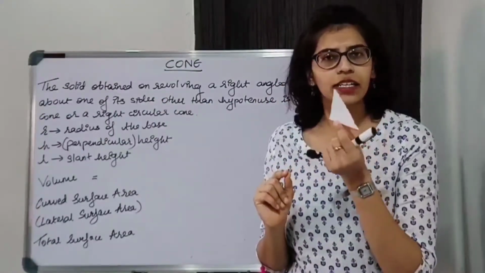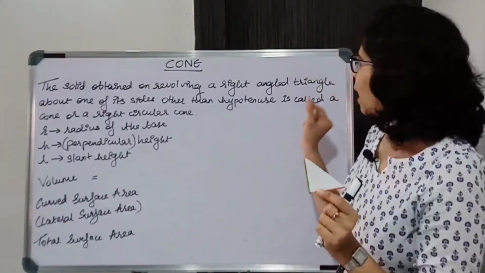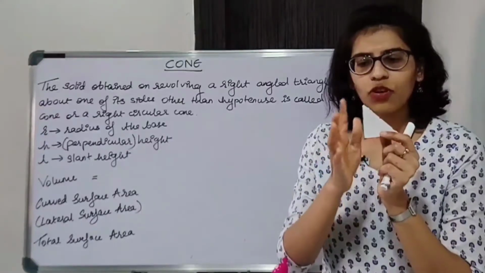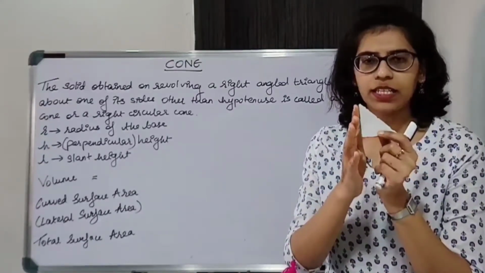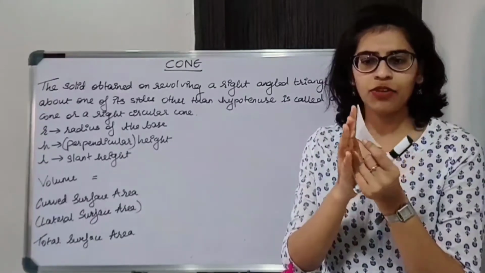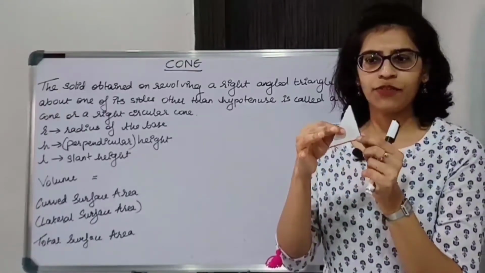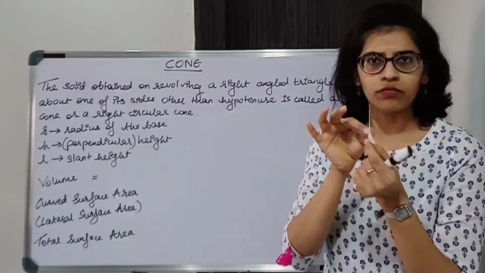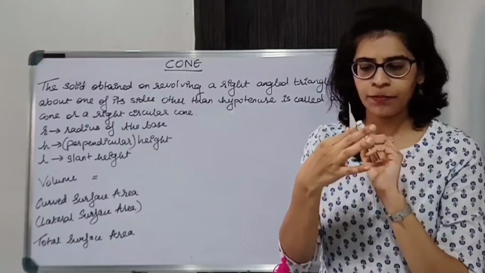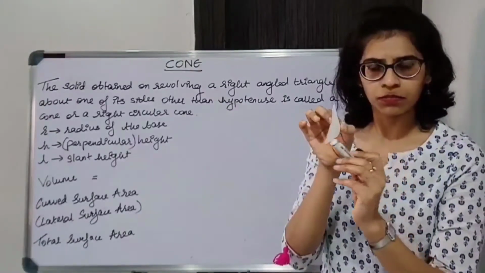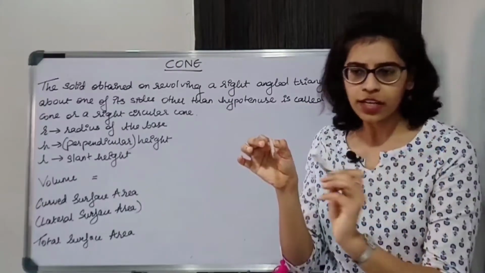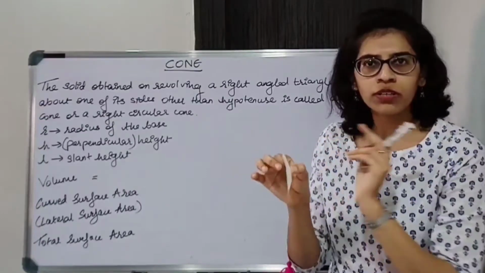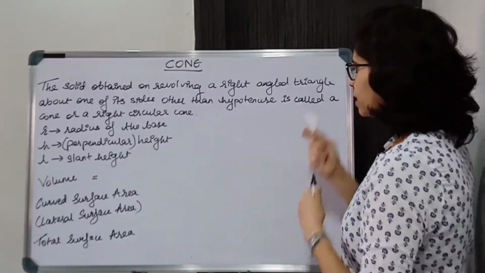Let's say this is the right angle triangle, okay, and I am revolving it about one of its sides. So let's say I'm revolving it about like this, I'm keeping this green side as its height, and I'm revolving this. What will happen if I revolve this, keeping this as its axis? It will form a cone, an imaginary cone is forming, okay? It is rotating like this. So what is it forming? It is forming a circular area, okay? And what is this forming? A cone, okay? A cone is forming like this.